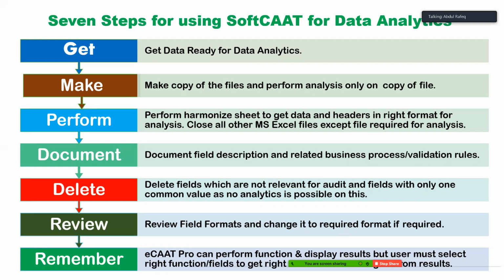You review the field formats and change them to the required format if required. Quite often you find there are specific tests you can perform on each type of data. The data could be date format, numeric format or character format. When I show you the demo, I'll show you specific examples for each of the data types. If it is a date type, it's important that all the fields in that particular column should be of the date type only. Quite often there could be some fields which are not in the date format. In that case, you need to go and fix and rectify that before you do analysis. If it's a numeric field, you have to ensure that all the data is in the numeric format.